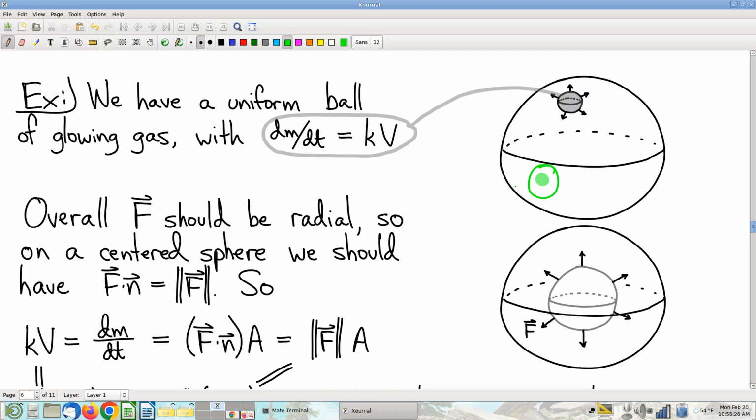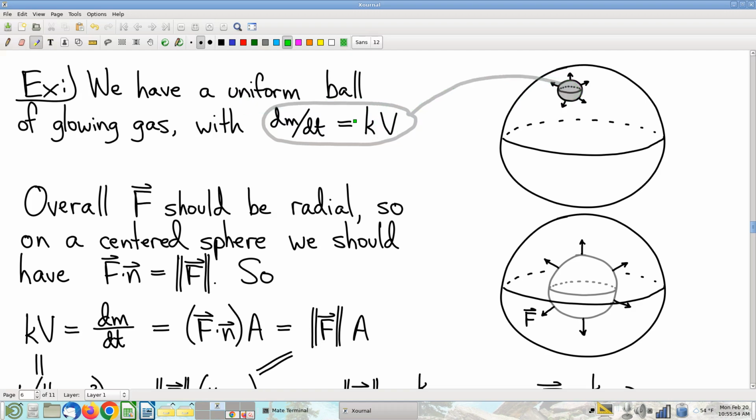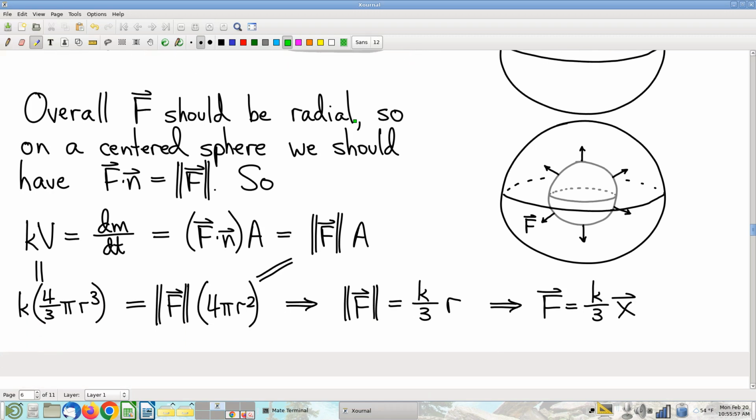So this is a really powerful observation to make, and therefore it's only the gas on the inside, and therefore only the volume of gas on the inside because of the uniformity. It's only the volume of the gas on the inside that'll affect your flow. More volume, more gas, more photons, more flux. Is everybody with me? All right. With that settled, here's the calculation where we can find the vector field.